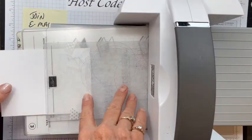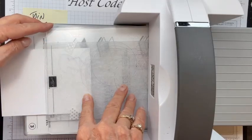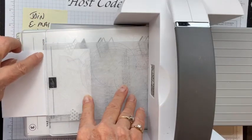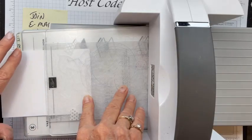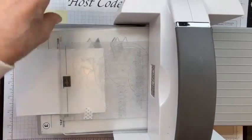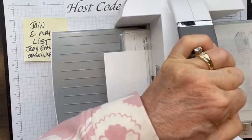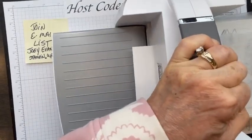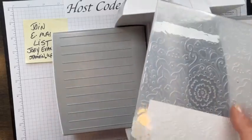Does that make sense? I think I moved this. I want to make sure I'm straight. This edge of the embossing folder will make a line on my cardstock, and I don't want that line. I'm going to make a line there myself, but I don't want it to make its own line because I want it to look the way I want it to look. So I don't want there to be